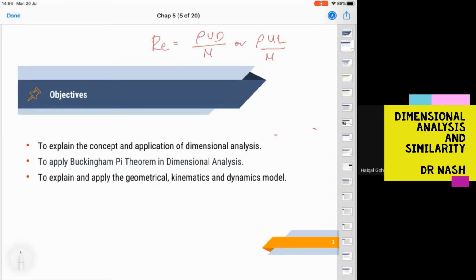Okay, so kita akan belajar daripada first objective lah, to explain the concept and application of dimensional analysis. Second is to apply Buckingham Pi theorem in dimensional analysis. So what is Buckingham Pi theorem? Buckingham Pi theorem ni adalah